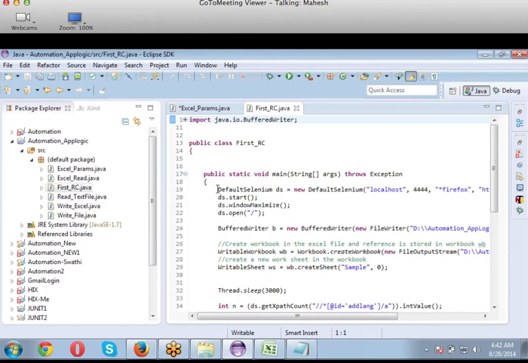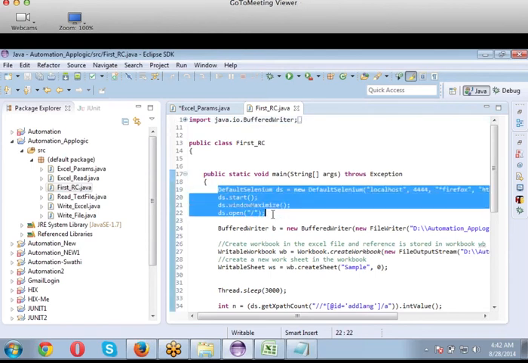These 4 lines. What I want to do is, I know that every time I have to use the same 4 lines of code in RC, Selenium's component called RC, for opening up a browser and a URL, for which I have to rewrite this code again and again. Instead of doing that, I can create this as a specific class and use it a number of times in all other classes through a process called inheritance.